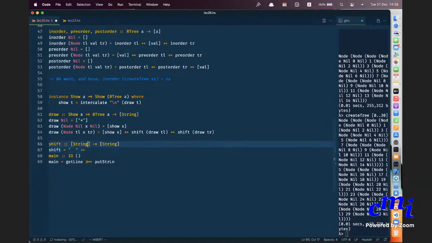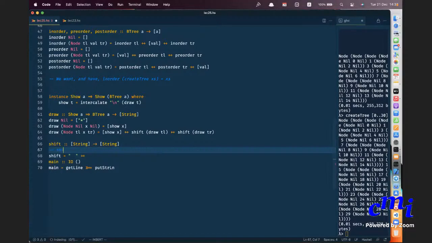So this is what I want. So shift of, let's call the strings S1, S2, S3, up to Sn should be S1 prime, S2 prime, up to Sn prime, where Si prime equals 2 spaces plus Si.